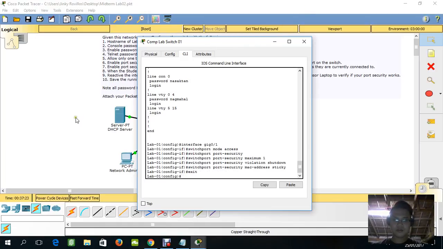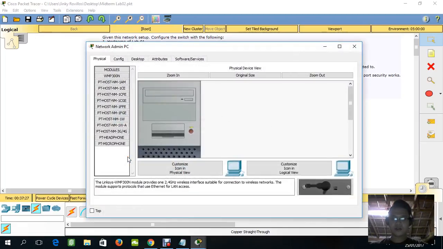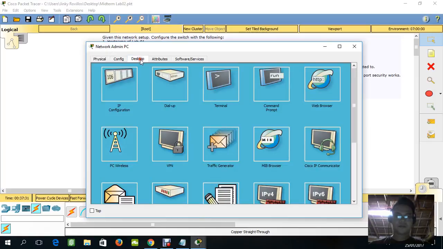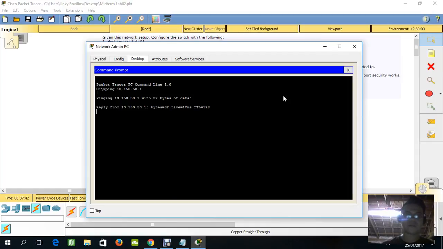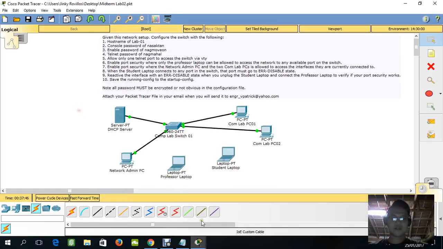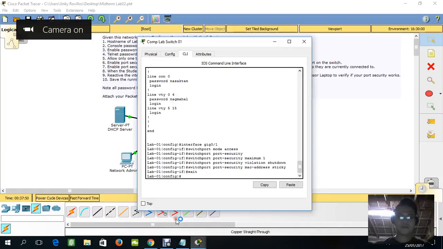Then we're going to connect and ping the network admin PC, and we're going to check if it's working.